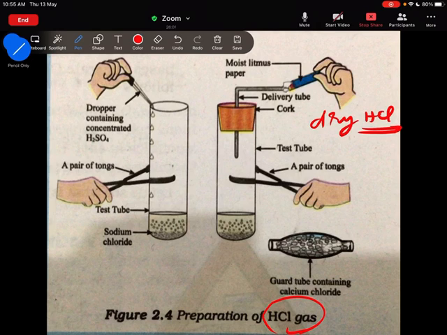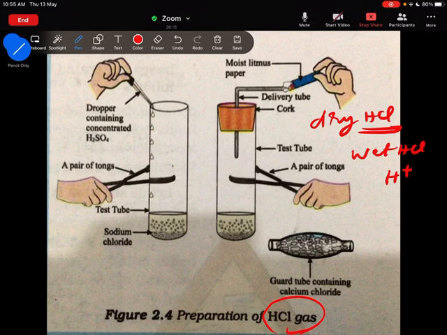But if the atmosphere contains moisture, then this dry HCl becomes wet HCl. That means in presence of moisture, this will produce H plus ions and the blue litmus will turn